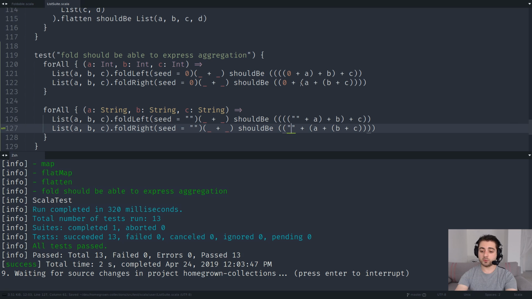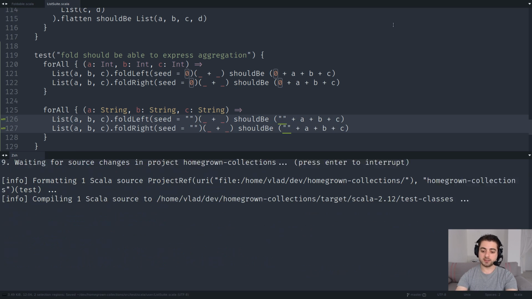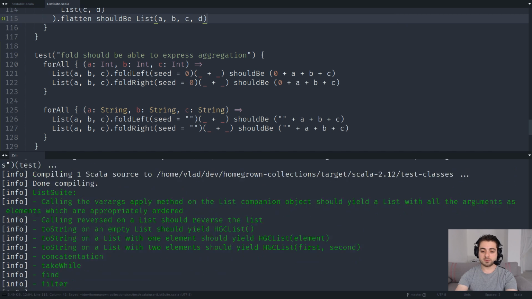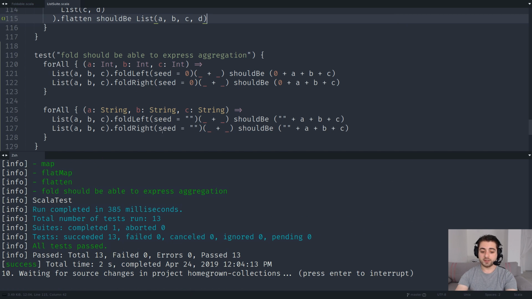So it turns out that the order over here also doesn't matter. So what we can do instead now is we can just say over here 0 plus A plus B plus C, and we can just copy that and insert it over here like that, over here like that, and over here like that. Just use the empty string over here like this. Okay, so it doesn't matter if we use fold left or fold right, the result is still going to be